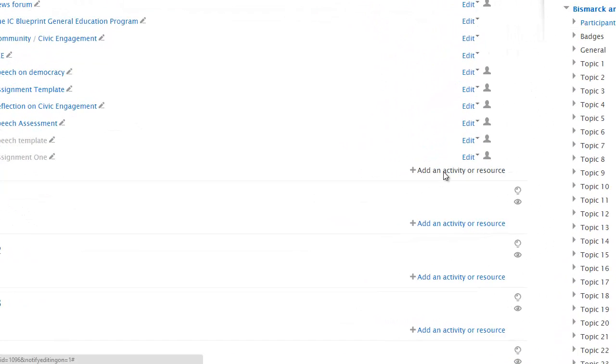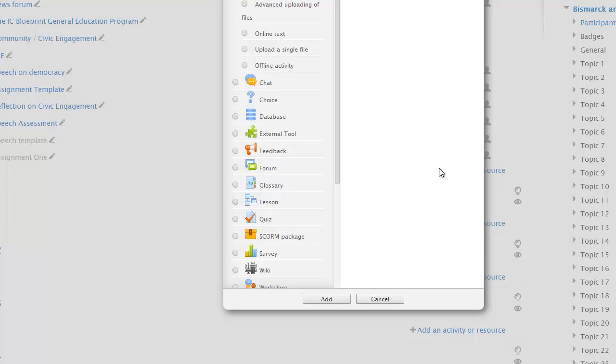Now I'm going to add a new activity. There's two things in Moodle: an activity and a resource. An activity is something that's interactive. A resource is just something that comes from me as a teacher, say. So I'm going to go ahead and create a new assignment,